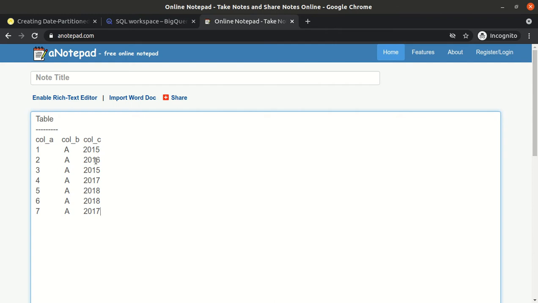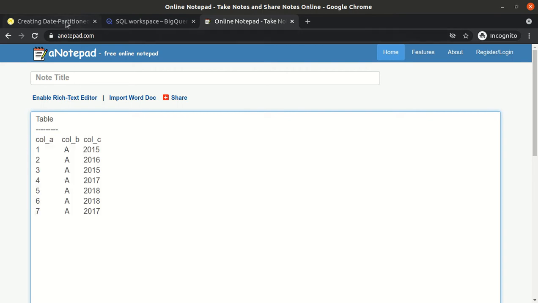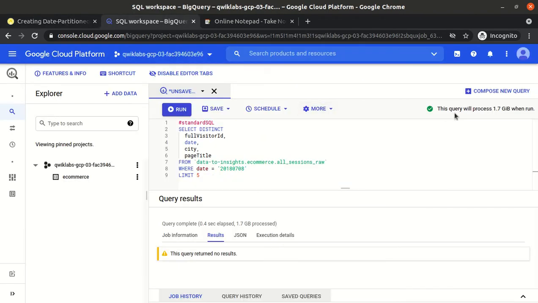Then it finds that for the year 2019 it did not find even a single row, so it returned 0 records, but still it processed all the rows. That's why, as mentioned here, it processes 1.7 GB of data even though there are no records for 2018.